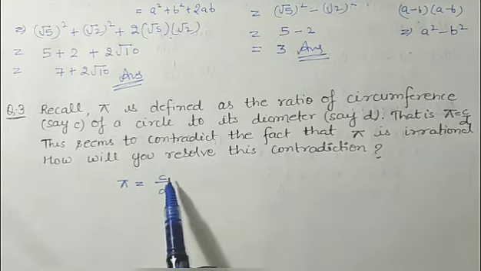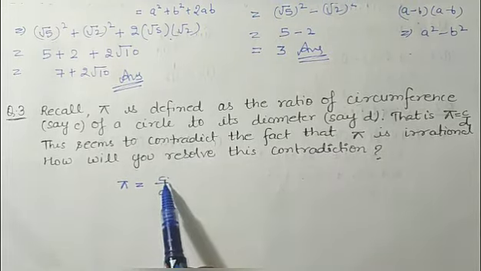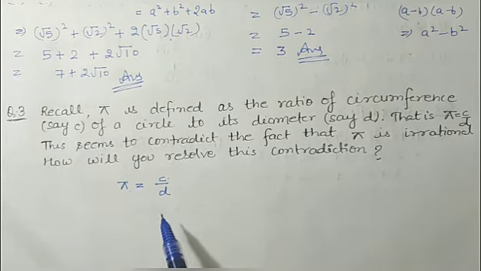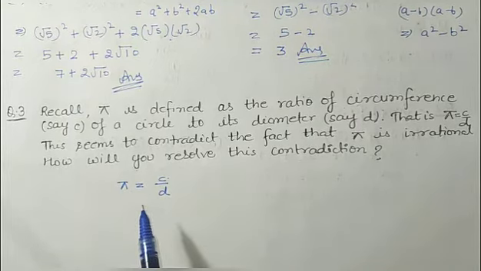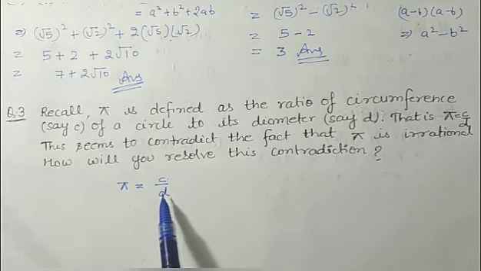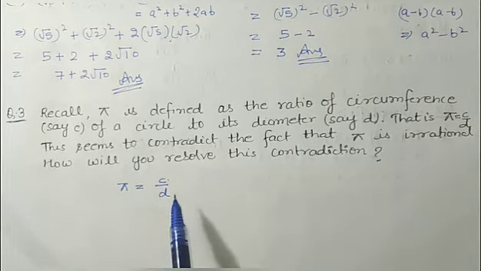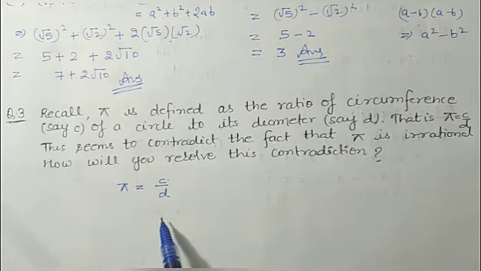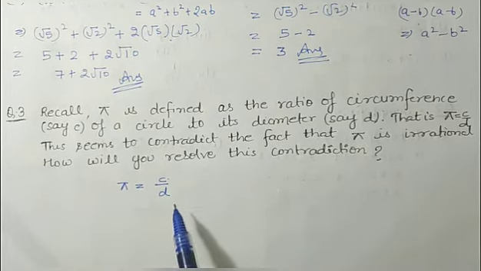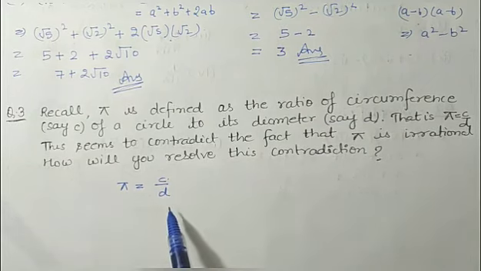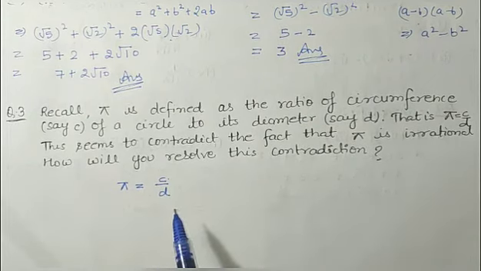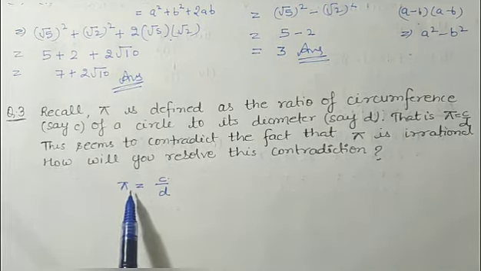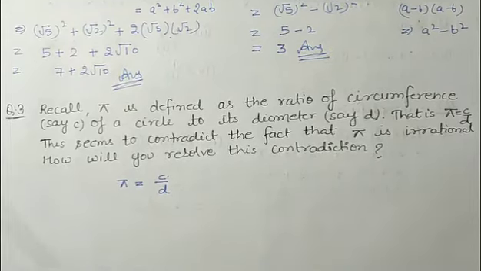So we cannot say that the circumference you write here will be perfect, or the diameter you write here will be perfect. For rational numbers, the only condition is that the numerator and denominator should be integers. But here we cannot say that the measurements of circumference and diameter are proper. We just take the approximate value of any measurement. So here no contradiction is there. We can say that pi is an irrational number simply.